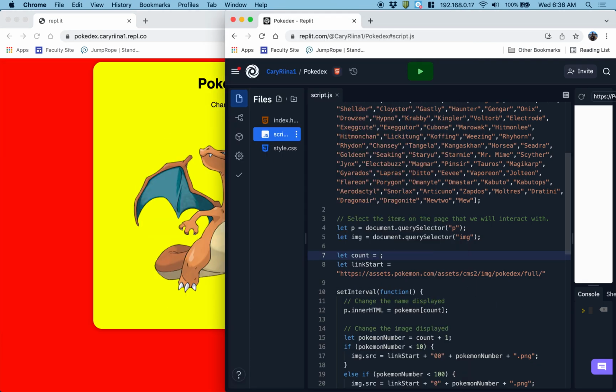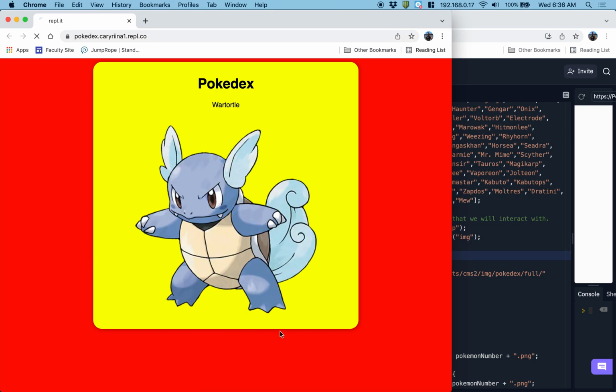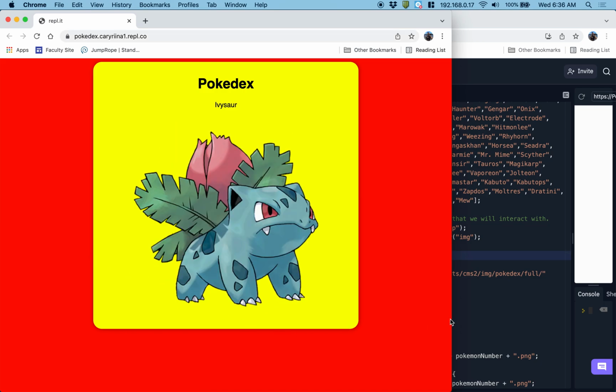I'm going to change count back to 0, and hopefully this gave us a fun opportunity to work with a new JavaScript item, which is lists,